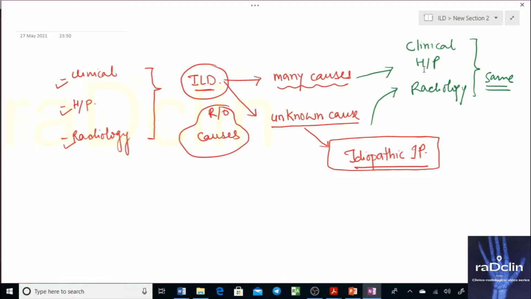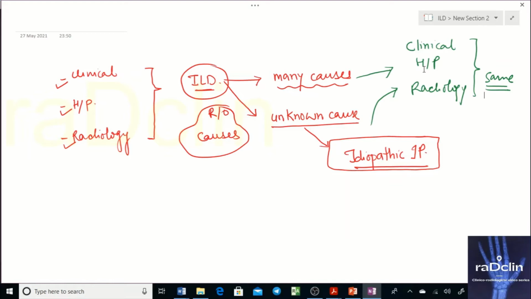Now the next step becomes whether the ILD is having a cause, or ultimately, if you rule out those causes, whether it becomes an idiopathic interstitial pneumonia. So that will be our purpose of discussion. I explained what is idiopathic interstitial pneumonia, because in the next discussion after idiopathic interstitial pneumonias, I'll be discussing collagen vascular diseases one by one and what type of ILD pattern they show.